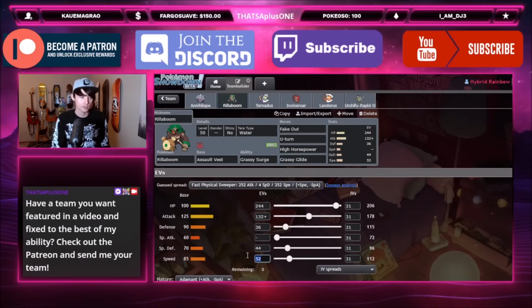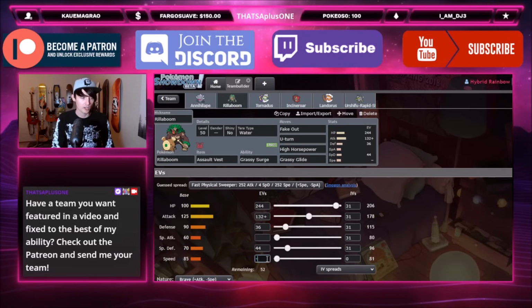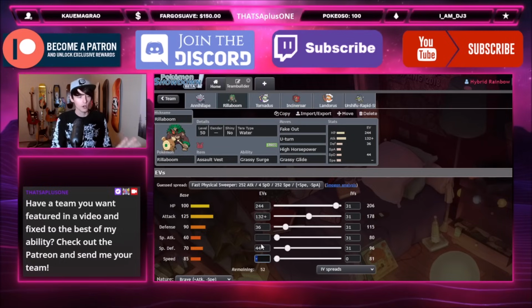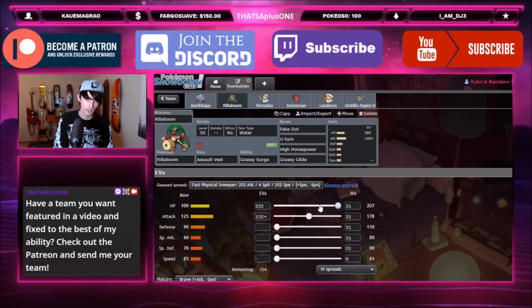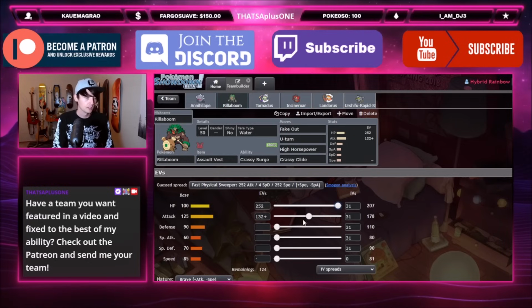I also think personally, when I like to use Rillaboom, I like to make them 0 speed reduced, so I can actually lead them versus Indeedee. I can safely lead this versus Indeedee and know that my terrain's going to go up. This lets us put a little bit more points in some of these other stats. Another thing with Rillaboom is you can really just max out your HP, just because you have all these extra points. A lot of people, honestly, no lie, no joke, no smoke,